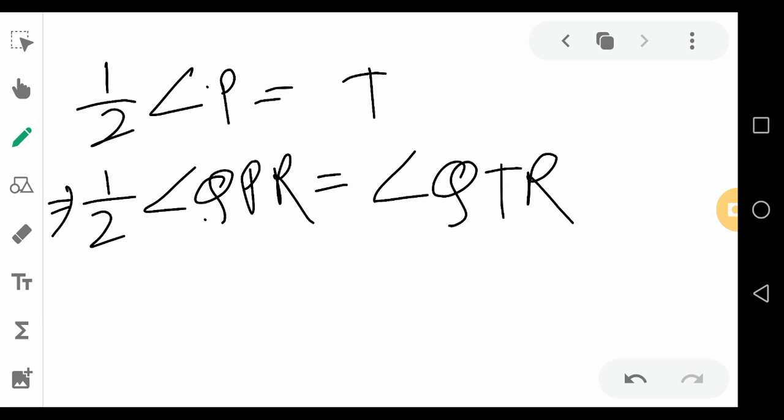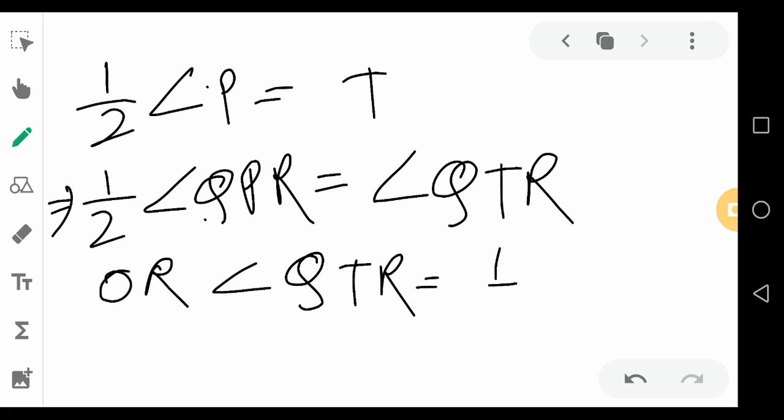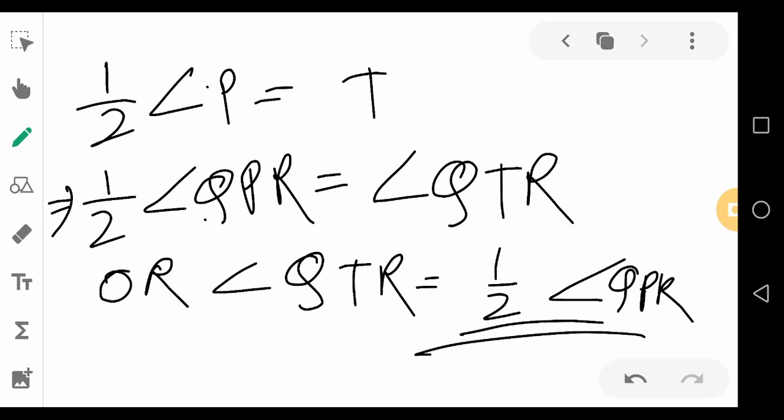Or otherwise we can write angle QTR is equal to half of angle QPR. Proved. So in this way we can prove question number 6. So now